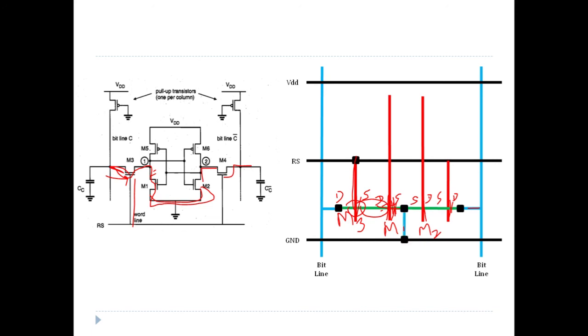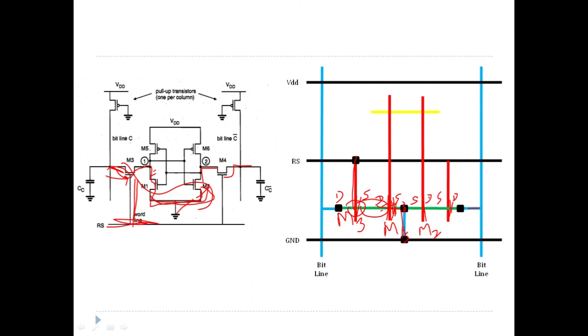Now next, we know that there is a ground connection between the common point of source of M1 and M2, which is extended further to the ground point, and at the end there will be a contact point for this ground here and here, right? Next, we are done with this part. So we are done with this connection, we are done with all these transistors, we are done with this source, we are also done with this connection.